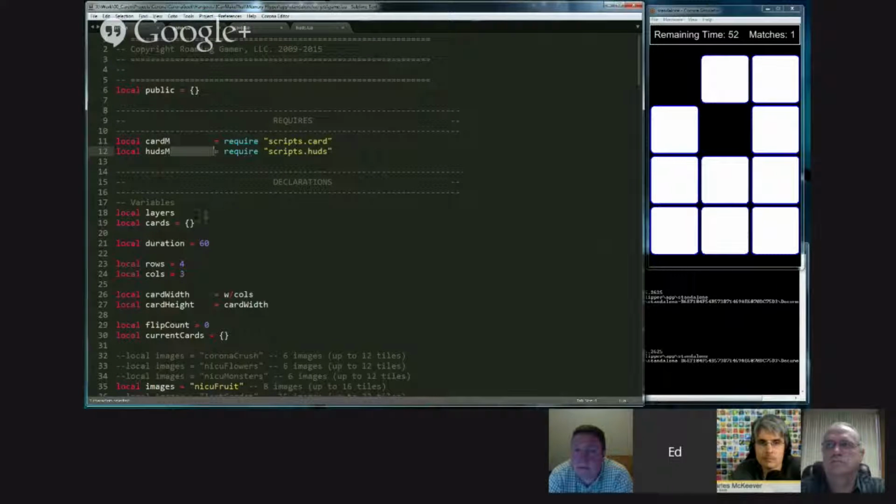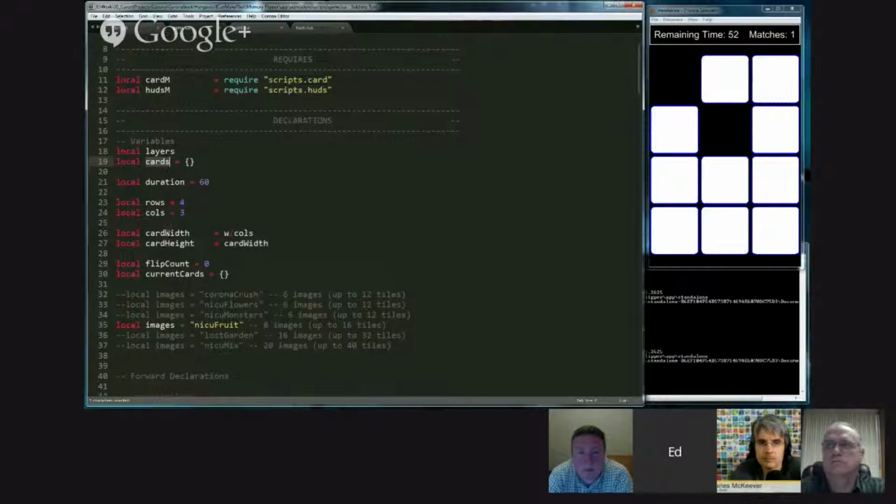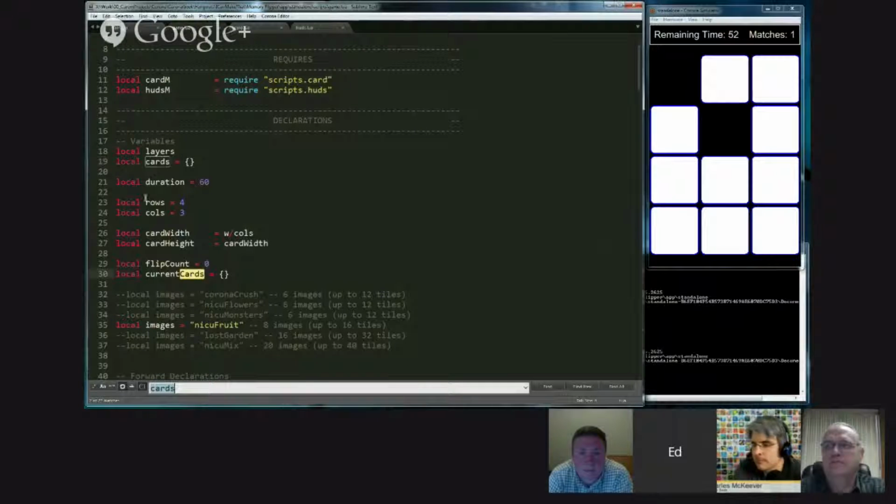So the simplest way to do that, to use the word simple a couple more times, is at the top of your file to create a local variable, and I called it cards. And I inserted into cards a reference to an empty table. And if we do a quick search through our code, and let me search for just cards, lowercase,